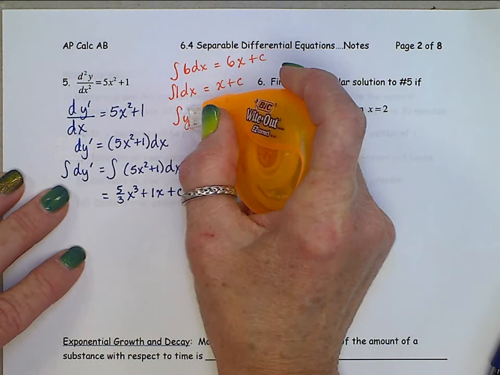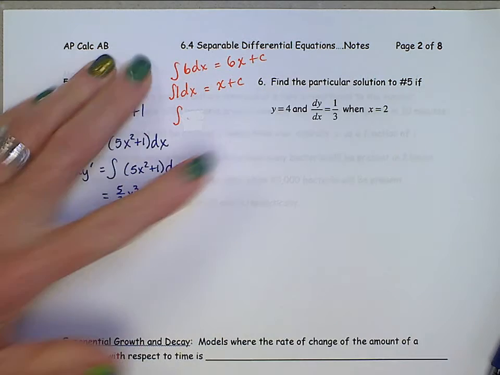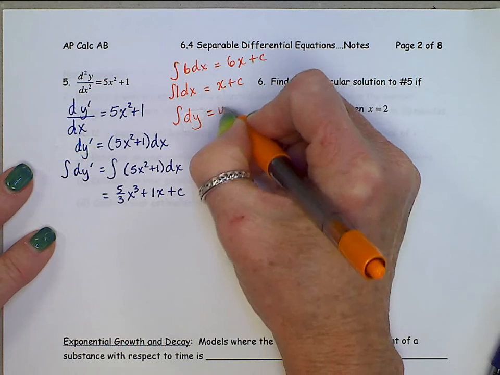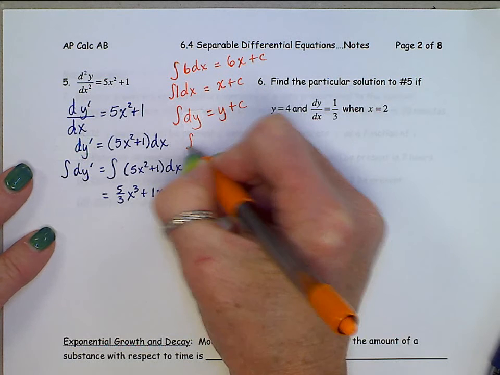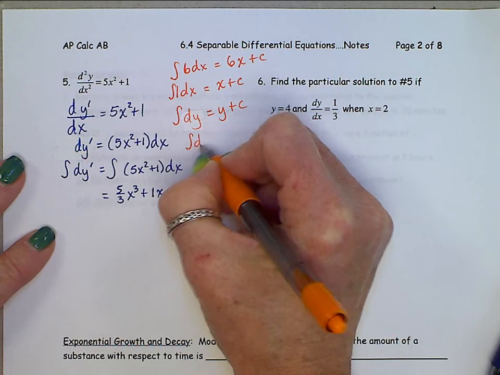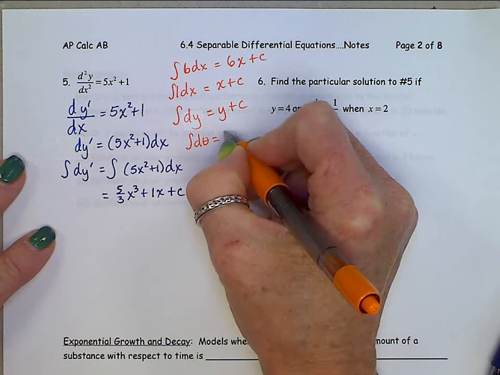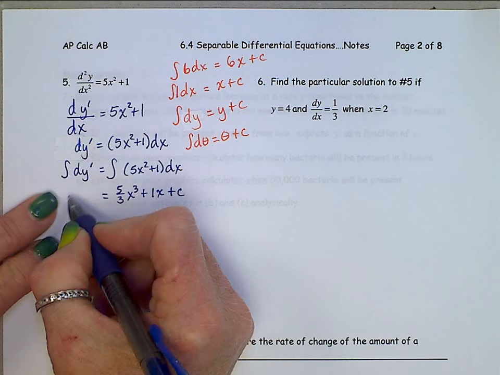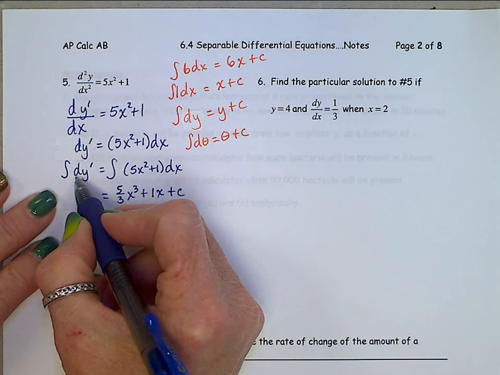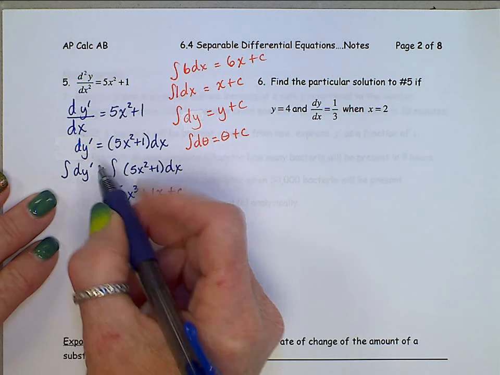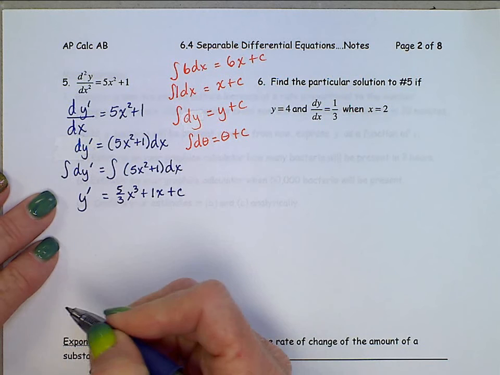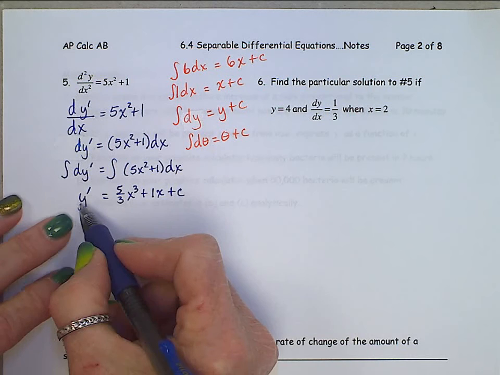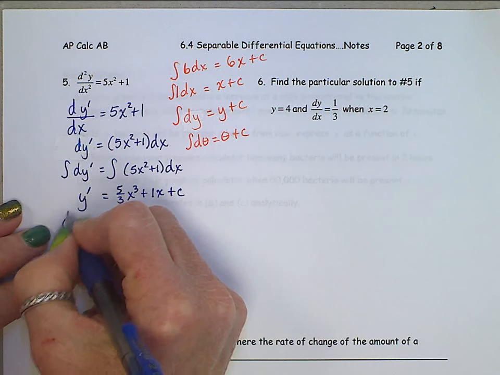I was thinking about the answer. That is y plus c. And let's take one more. Integral of a d theta. That's just theta plus c. All of that now, what does that tell you about over here? The antiderivative of the dy prime, that's just y prime plus a c, but we know that c is on the other side. Now, this y prime right here, well, that's dy dx